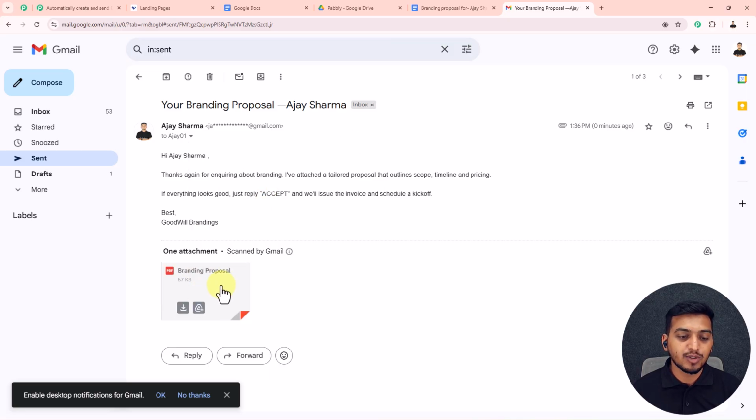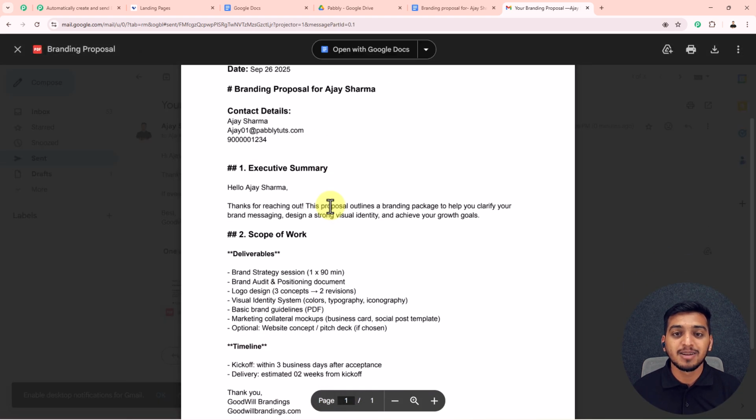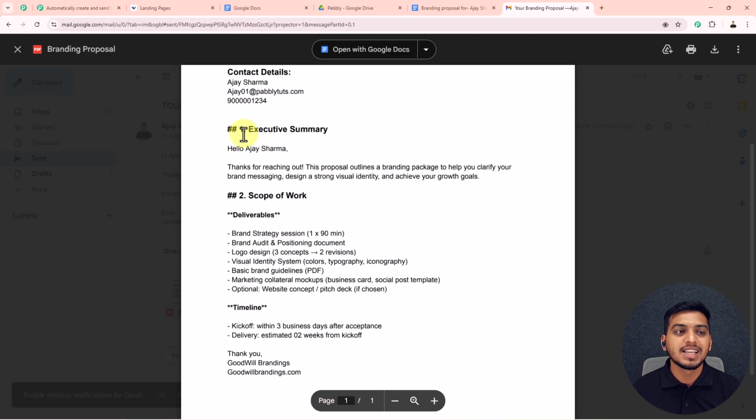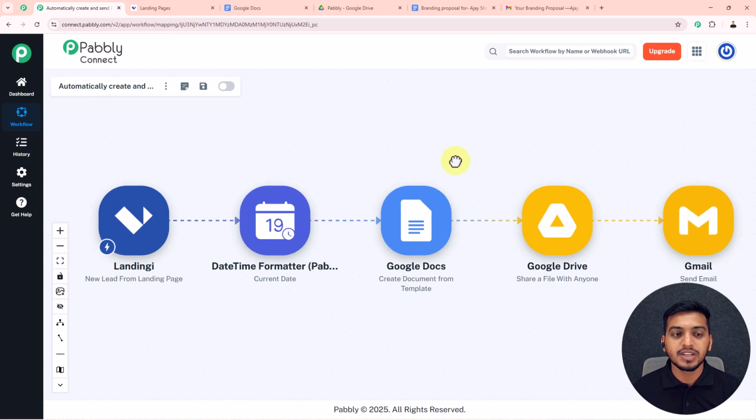And you can see this was the branding proposal that I have attached in that URL. So when I click on this, you can see this is the exact same document that I have shown you in my Google Docs account. So with this, I have successfully demonstrated how you can create such an amazing automation with the help of Pabbly Connect. And now after I have completed the creation of this automation, I will click on this enable workflow button